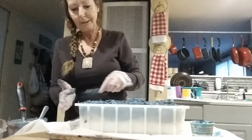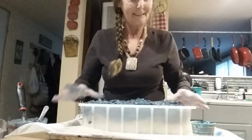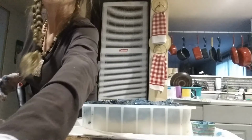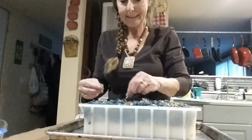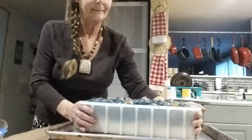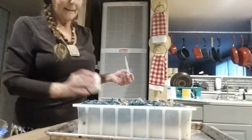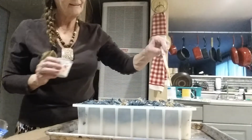Okay. So, now what I'm going to do is take a little bit of gold mica and I'm going to put it on the top. Doesn't this look terrible? But trust me. Alright, I will bring you back when I do that topping. Okay, what I'm doing is I'm putting on some of the, looks like sea glass. See on the top. Then I have got some gold mica and